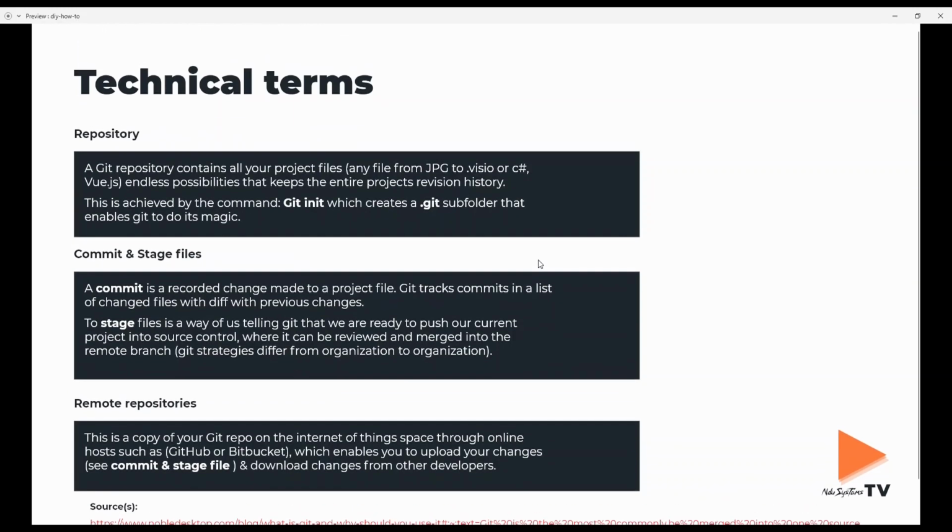And then after that, we have a commit and staging of files. So each time that you make a change to a file, a commit is recorded by Git, and this commit is tracked, and it also enables Git to be able to roll back to the previous change that you did. And upon doing a staging, and now to stage, it allows us to pick different files that we feel are